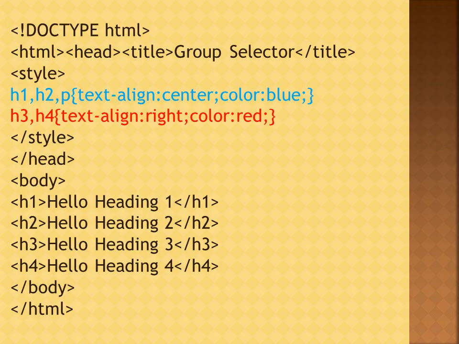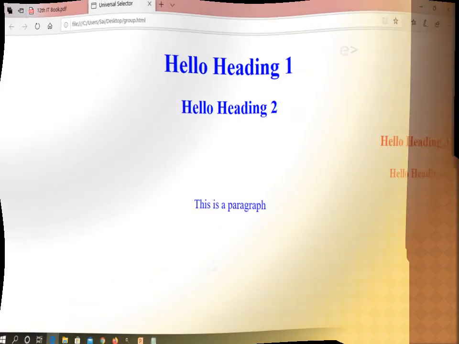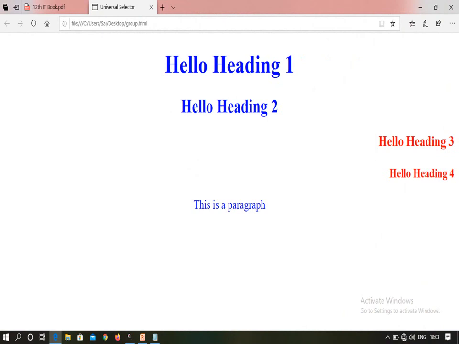This is the output. See, first, hello heading 1 and hello heading 2. We applied the style, that is color blue and text-align center, on the H1, H2 and P elements, that is paragraph. So in the output it should be at the center of your web page.